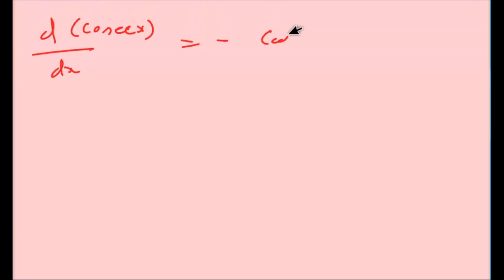So we are getting the differential of cosec x equal to minus cot x